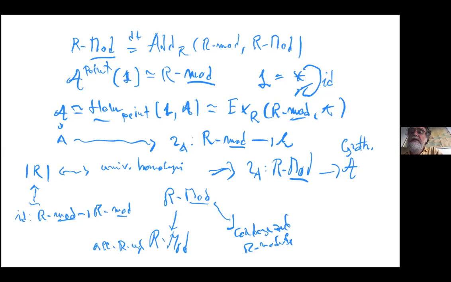For example, for a field, this is an equivalence. So the whole difference between the hieratic R modules and the usual R modules is given by torsion in some sense. Okay, so this is a very interesting category, and it's in fact the universal category for even for